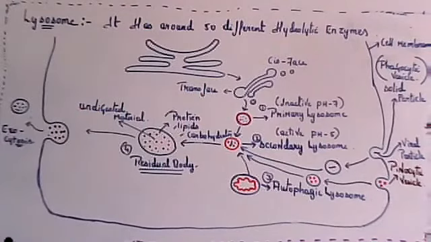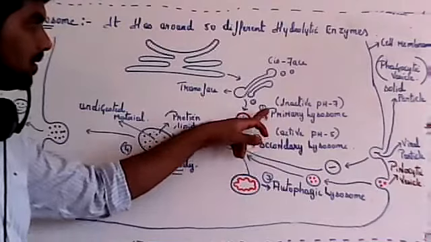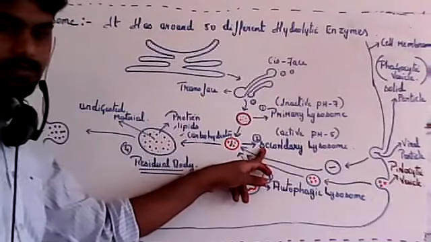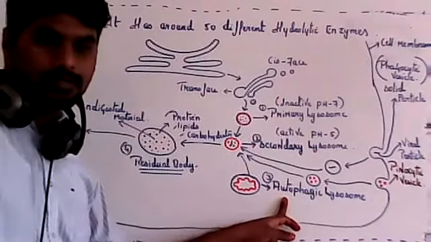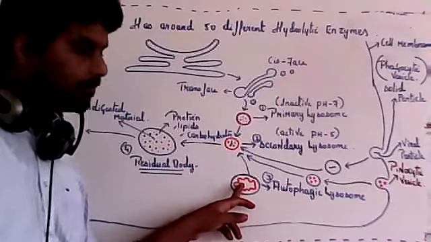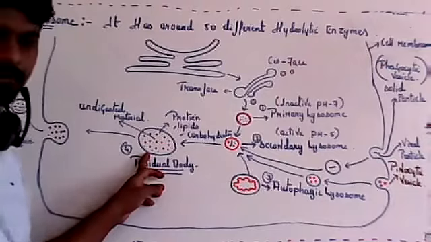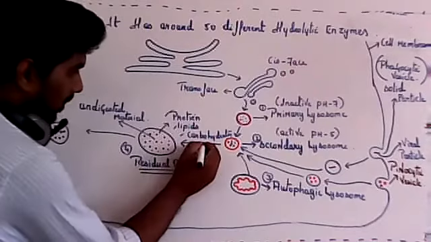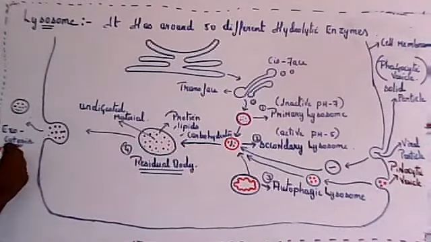Fine. Now, we had four different kinds of lysosome. The first one is primary lysosome, which is inactive and the pH is around 7. Secondary lysosome is active and the pH is around 5. The third one is autophagic lysosome. Any organelle engulfed by the lysosome makes such a lysosome autophagic. And the last one is residual body. When everything is taken in by the lysosome, the waste material gets accumulated, so the waste material has to be thrown out. It will go out through exocytosis.